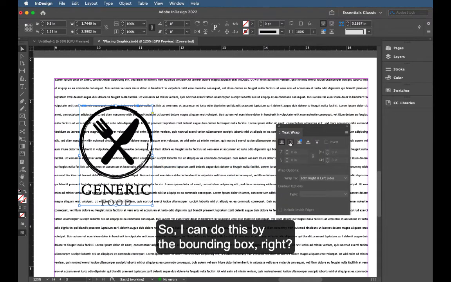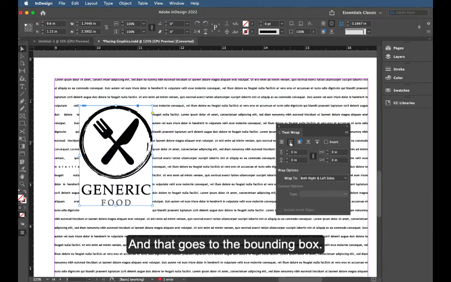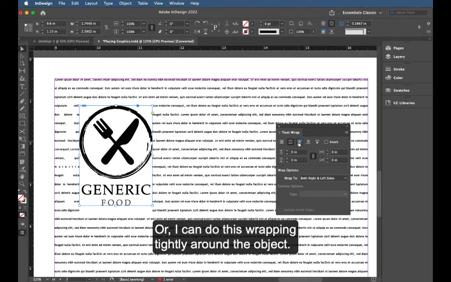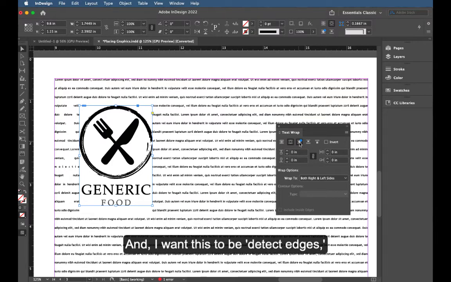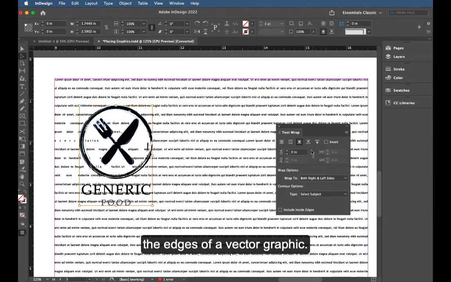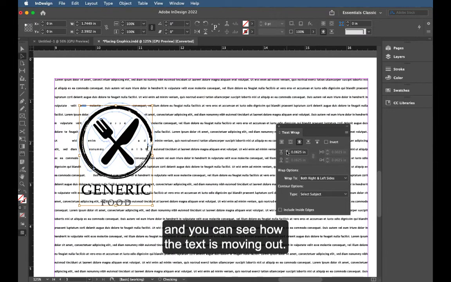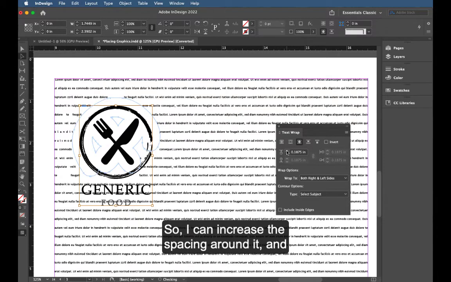So I can do this by the bounding box, right? And that goes to the bounding box. Or I can do this wrapping tightly around the object. And I want this to be detect edges because InDesign is smart enough to detect the edges of a vector graphic. And so I'm going to link this, even though this is kind of interesting. I'm going to increase, and you can see how the text is moving out. So I can increase the spacing around it, and